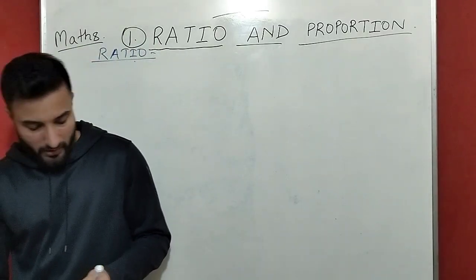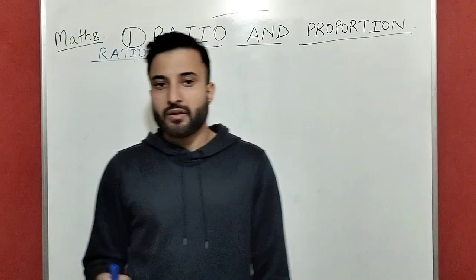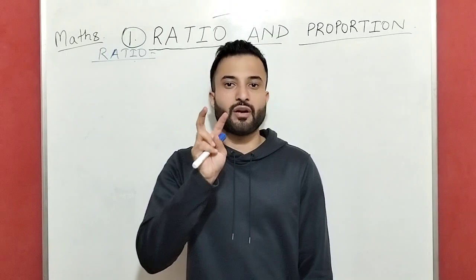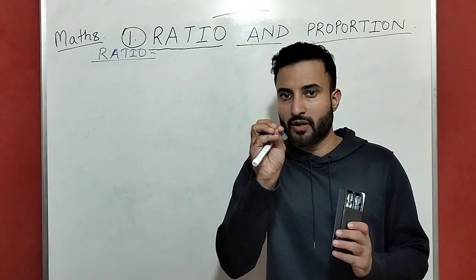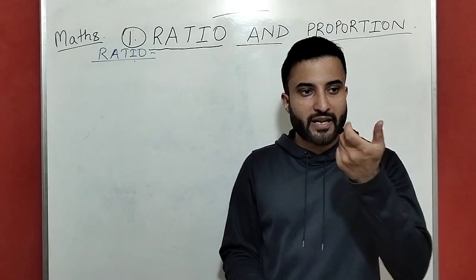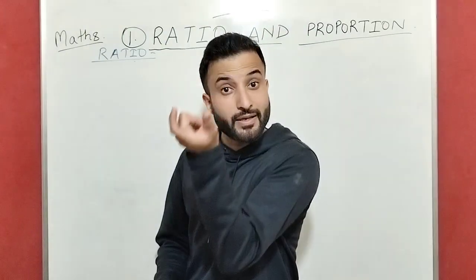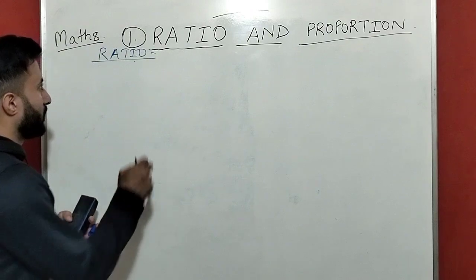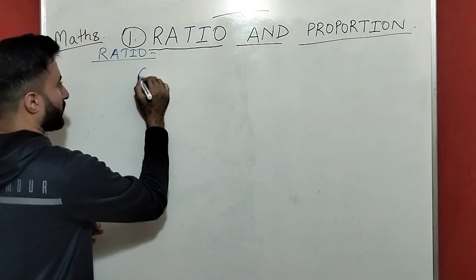Now another important thing I am going to tell you here is, listen to this carefully. In the question, suppose they give two numbers, and the two numbers are in a ratio. Suppose they had given any two numbers and those two numbers are in a ratio. Suppose they had given something like the cost of